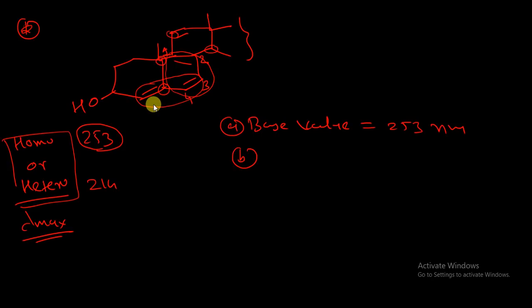Is there any possibility of another ring residue? Yes, there is a possibility of another ring residue. Why? Because this is also our homoannular diene system. Look over here, this is also our homoannular diene system. So I have to consider 1, 2, 3 and 4, and in that I am having this as a ring residue. So there are a total of 5 ring residues present in this structure. For each ring residue I have to add 5 nanometer, so for 5 ring residues I have to add 25 nanometer. I am explaining this as a ring residue over here.